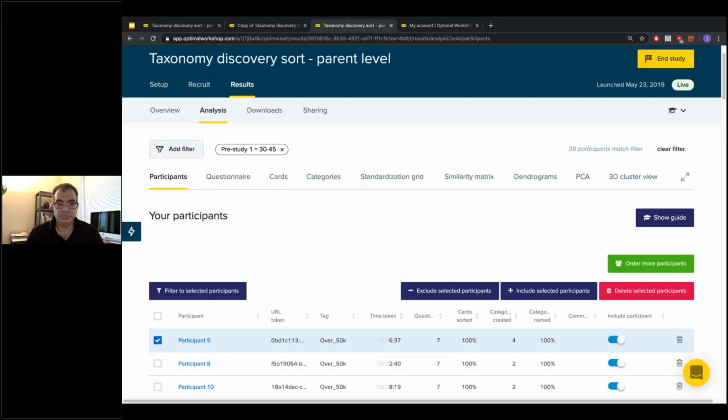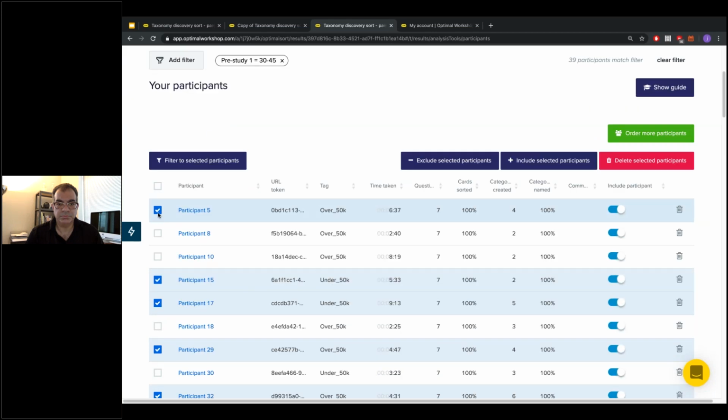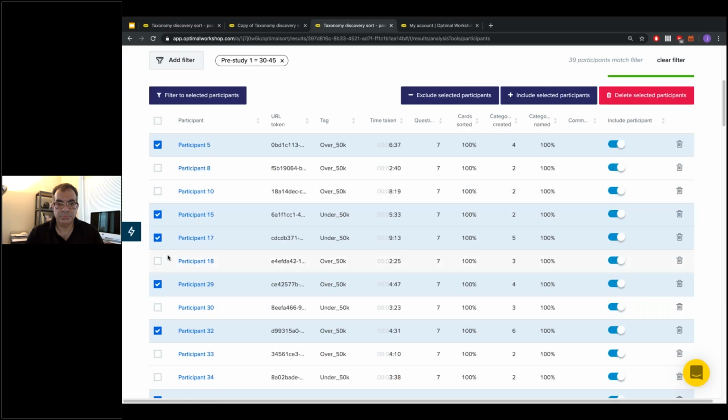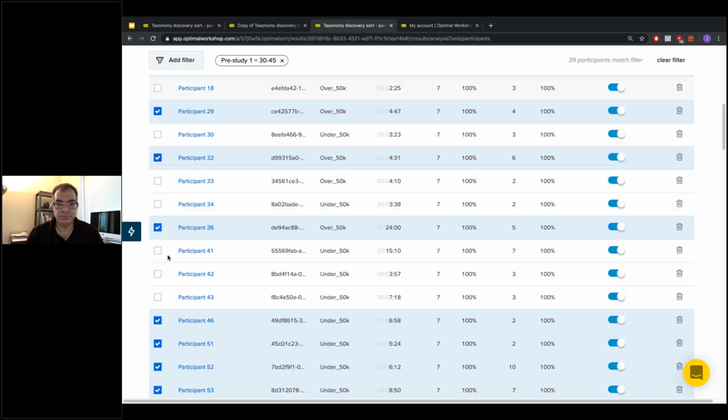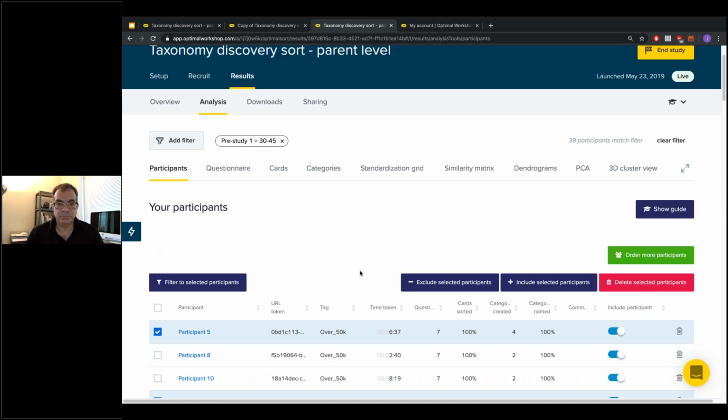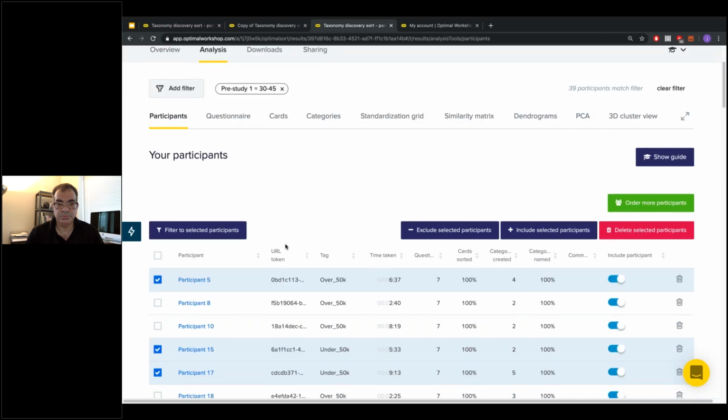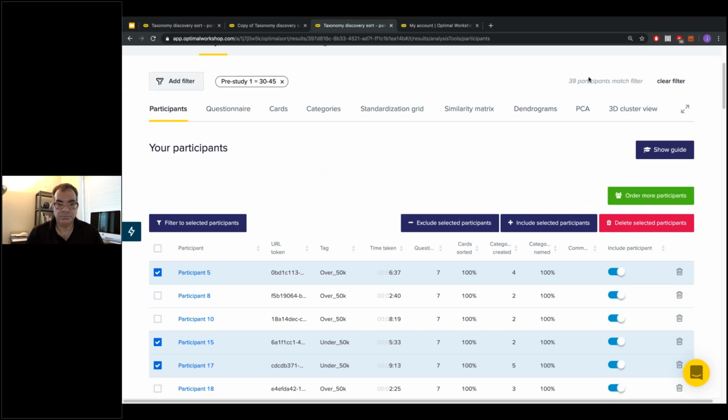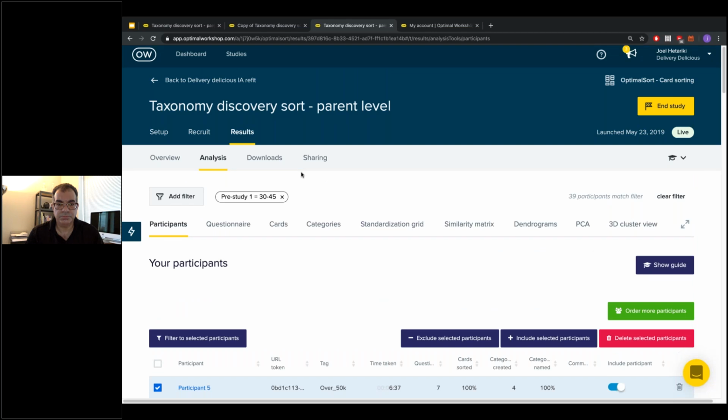We can verify that by looking back at the participant page: anybody who's got the blue tick is someone who submitted that as an answer. So we see that we are viewing a certain amount of our participants here, 39 of them match that filter compared to what we were seeing before. It's a really nice way to view the results, breaking down into specific subgroups you might want to know more about.